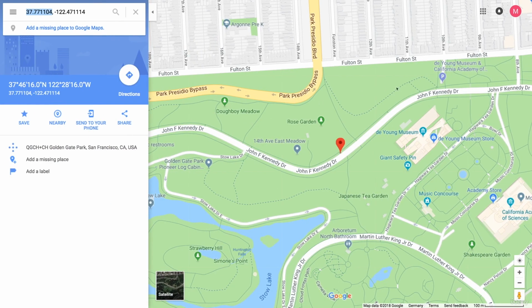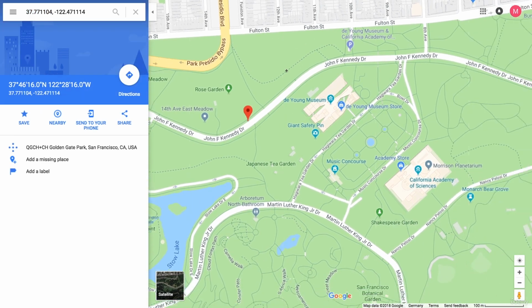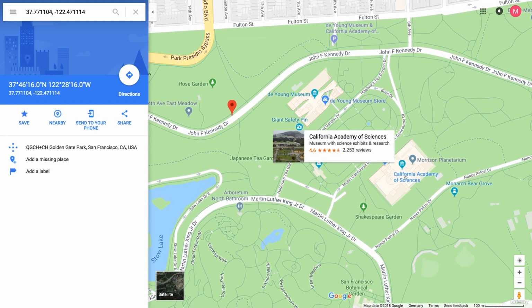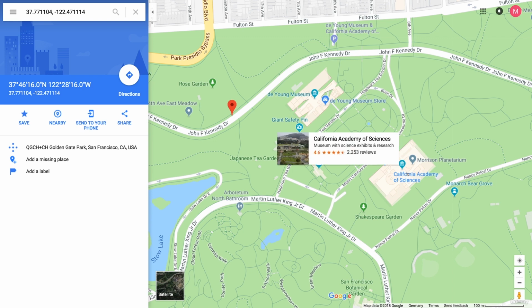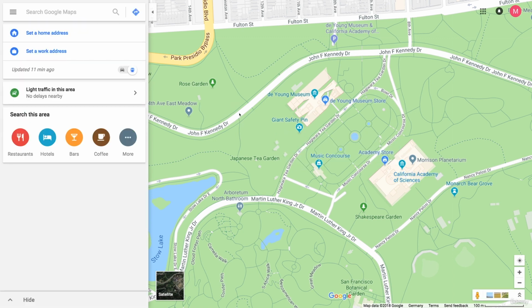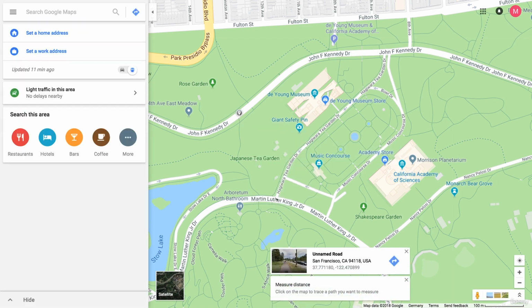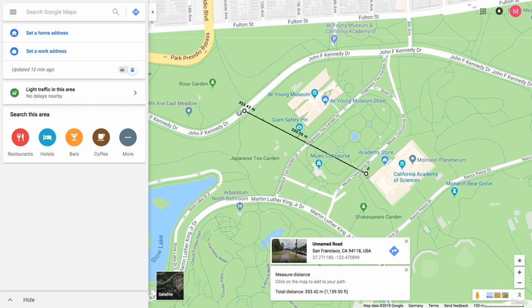And that makes sense because if we have a look at Google Maps, this is the place, the California Academy of Sciences, and this is where we are. And that seems to be a bit further away. We can actually measure the distance by right-clicking onto the map and measuring a distance. And then if I click here, I can measure the distance to the California Academy of Sciences, and it seems to be around